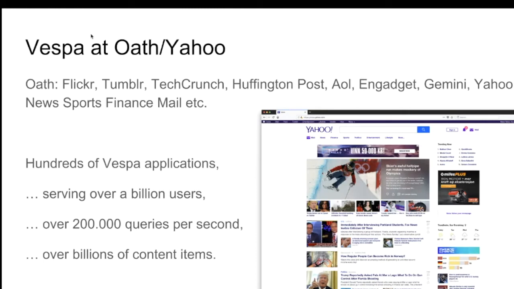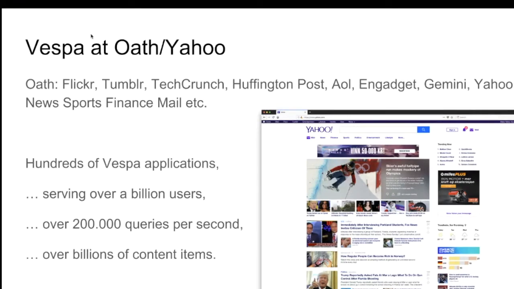We use it for all the search use cases, obviously, but even more for recommendation and personalization kind of use cases. And one prominent example is the front page of Yahoo, where we have a list of articles that we display when the user is visiting the site that is computed on the fly based on the personalized profile of that user. And that is done by Vespa.